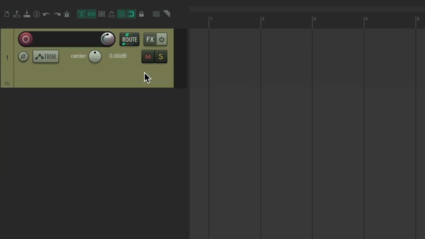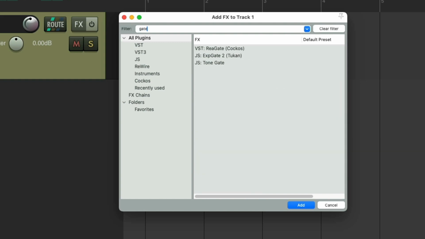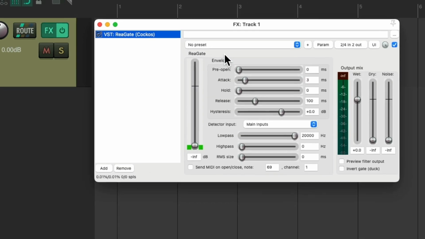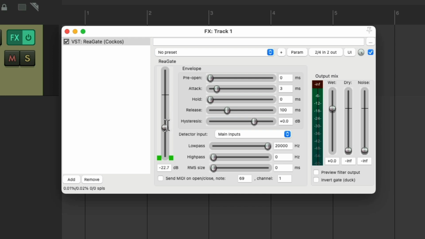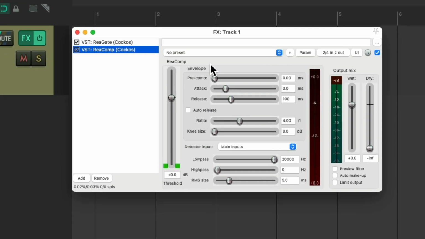So let's see how to do that. Open up the effects on this track. Let's add some effects we want to be on our tracks by default. Maybe a gate, we'll choose ReaGate. Maybe set it up how we prefer this to work, as the settings will also be there when we create a new track. Let's add a compressor, use ReaComp, maybe set it up how we like it, just the attack